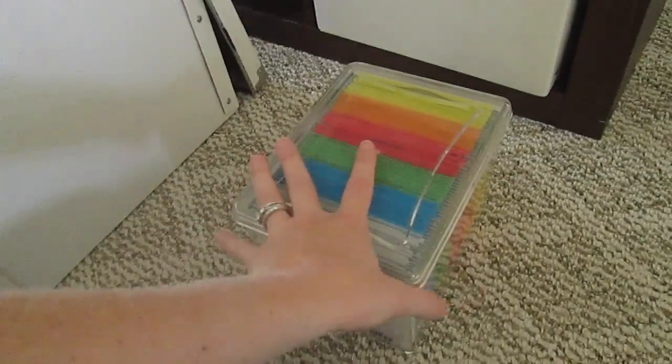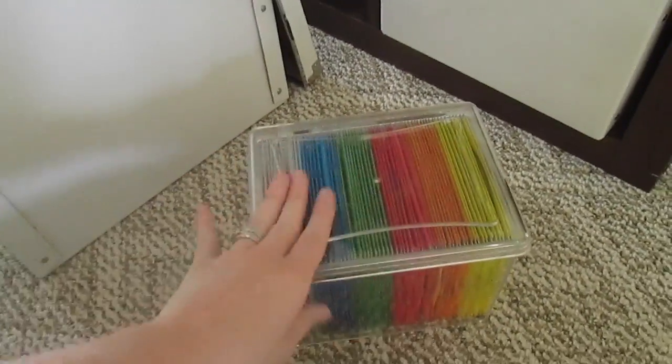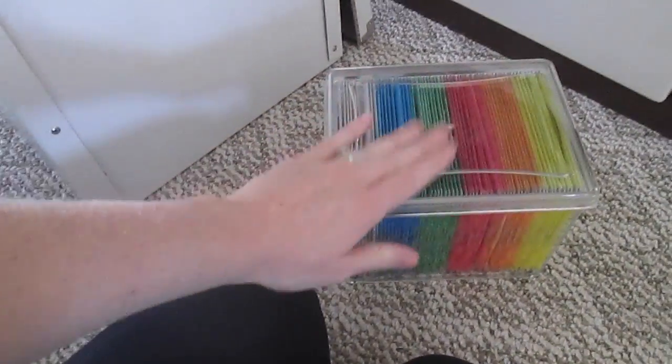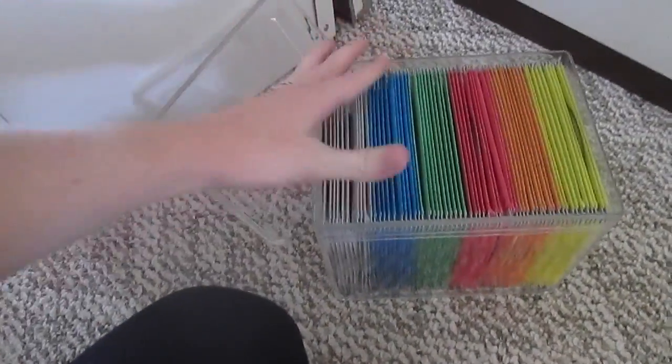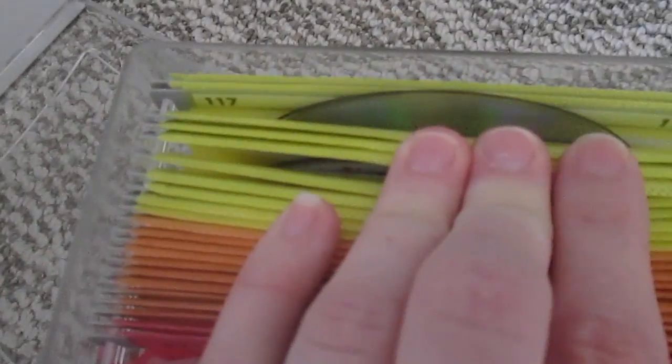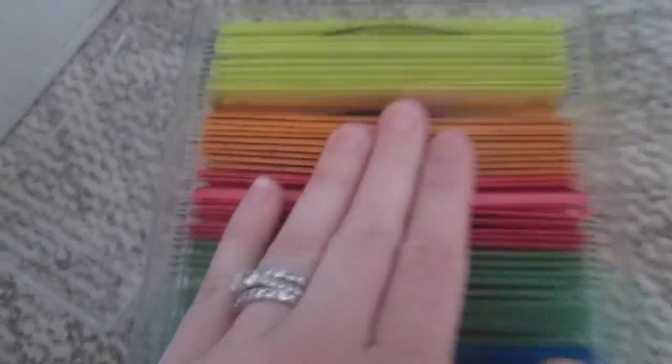So what I did was I bought this little box. It's just about as big as my hand, and this is from the Container Store. I'm not sure exactly what it's called, but it holds all of our DVDs, and it has a number system. So I took all of our DVDs out of their cases, and threw all the cases away. I basically went on the computer and made an Excel spreadsheet and put it in categories, like kid movies,